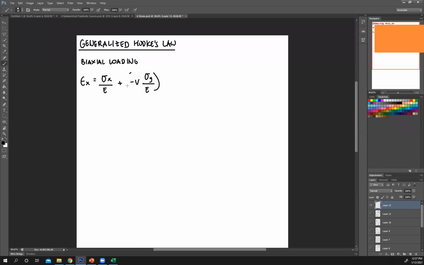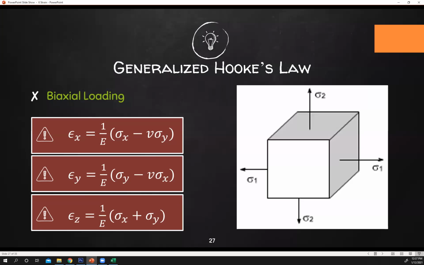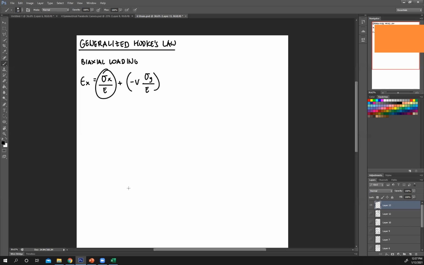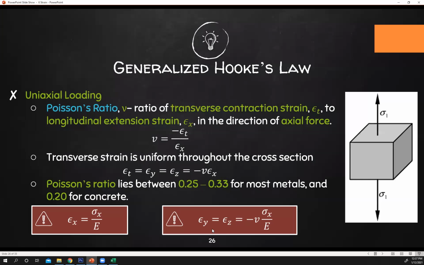So in biaxial loading, there are two things that are going to cause strain in one direction. First, the strain due to the force along its own direction or dimension, and the second is due to the other dimension. So that's why here, this is the strain due to its own force, the force along X, strain along X. Then this is due to another force along a different dimension or direction. So here, you can see the relationship between strains for different directions is epsilon Y equals negative V stress in X over E.